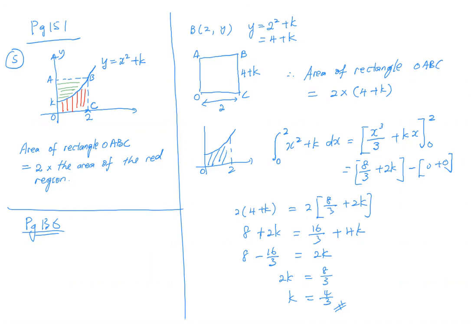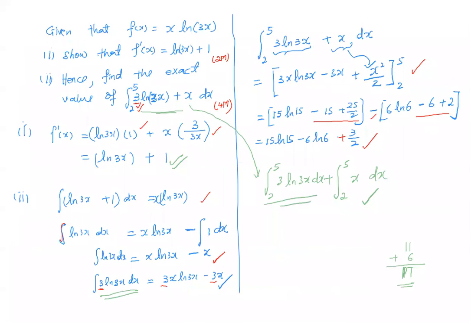There's no error carried forward, so don't worry. Like the first part, you got an error, correct? Then in the second part, you use the wrong answer to answer it, correct? If your concept is all correct, and you are using the wrong number to get the answer, I will still give you marks. You get me? But like this question, correct, there is no way. If you cannot get the first part correct, then when you come to the second part, if you don't use what